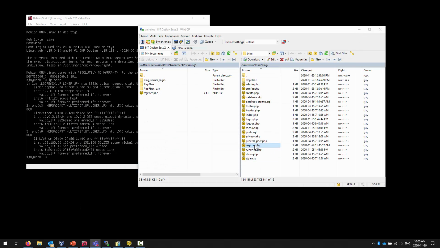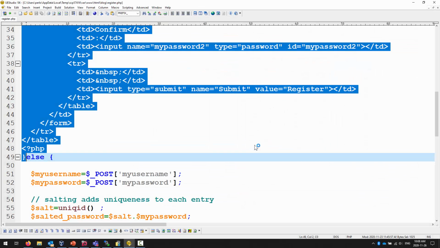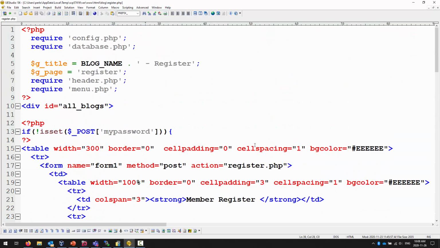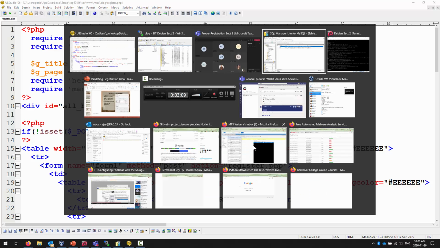Alrighty. As I said, most of the work that we're going to do is going to be on the registration page. So double click on that to open it up in your preferred text editor. And I have everything in one page. And in this case, it's going to help, because at some point,